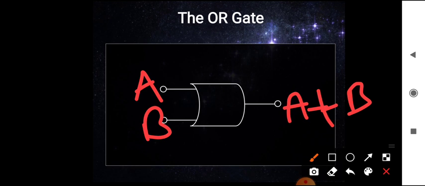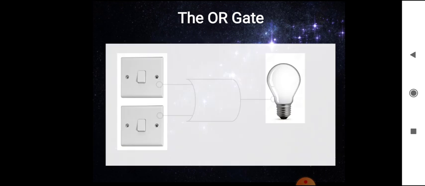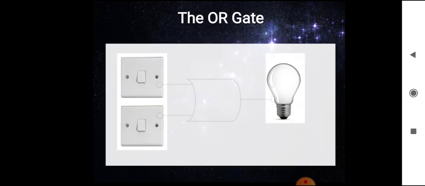So it will do the addition operation. Suppose A is 1 and B is 0 state. 1, 0. 1 means on. See here, in the diagram we are showing two switches. The first switch is A, and the second switch is B. Suppose A is 1 state and B is 0 state. 1 means the first switch is in on state, and the second switch is in off state. That means 1 plus 0 means we know that 1. So that means output will be there. So again 0, 1 means output will be there.